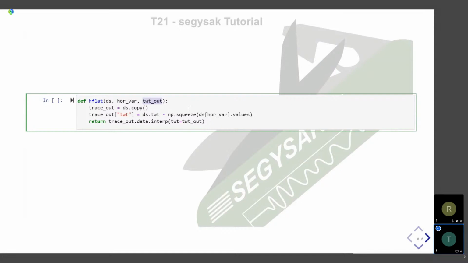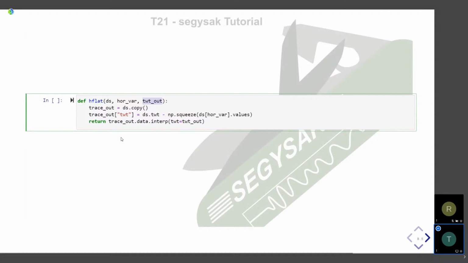So if we could do that, it would be simple enough to just subtract the horizon time at a given trace from the two-way time axis, and the trace would be shifted. But because the horizon is not sampled exactly the same as the two-way time axis, we actually need to specify what the output sampling should be that we want, and we'll sort of define that in the next